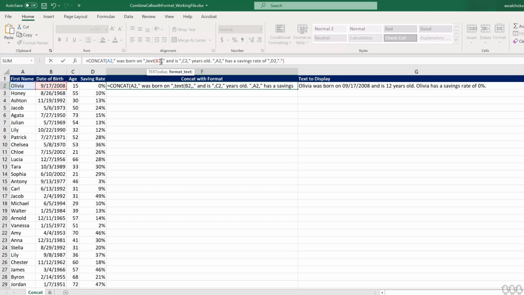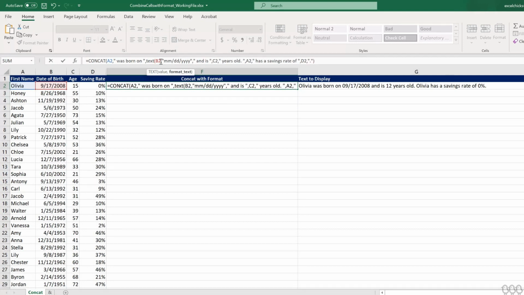comma, because we're telling Excel right now that you need to treat B2 as text and in the format that we are providing. So to specify this date format, you're going to enter your quotation, MM for the 2-digit month, the slash because we want that to be our separator, DD for day, slash, and YYYY for the 4-digit year.